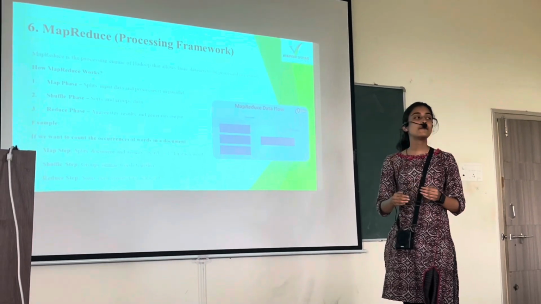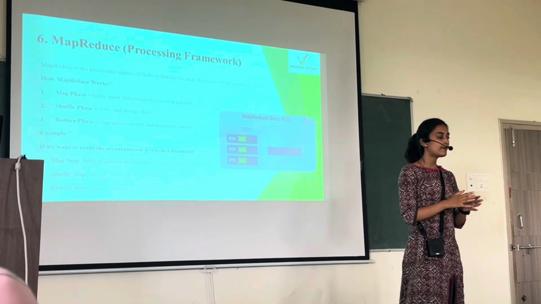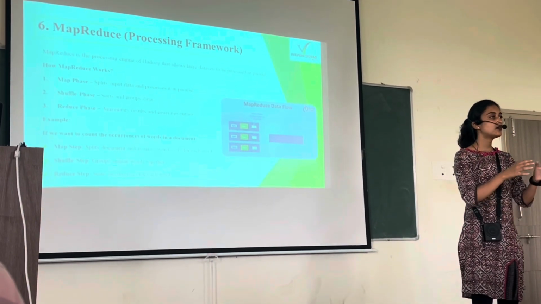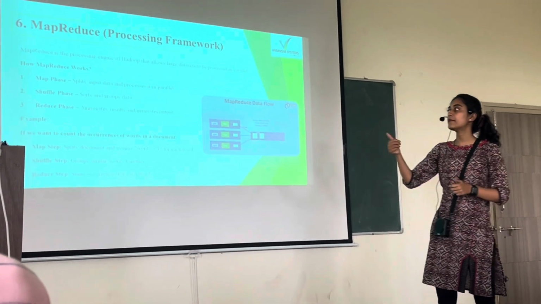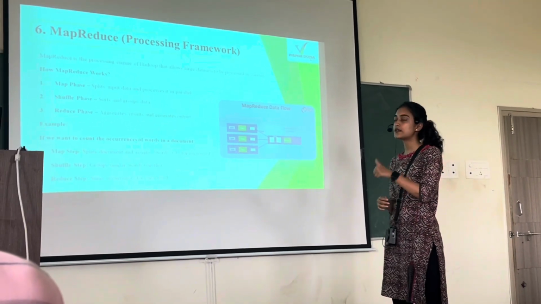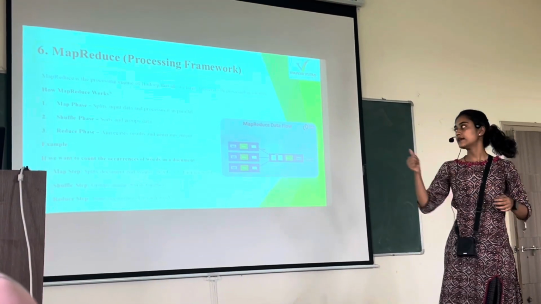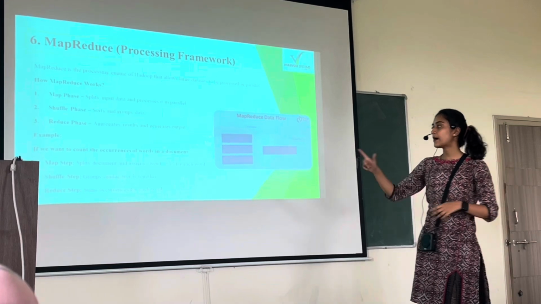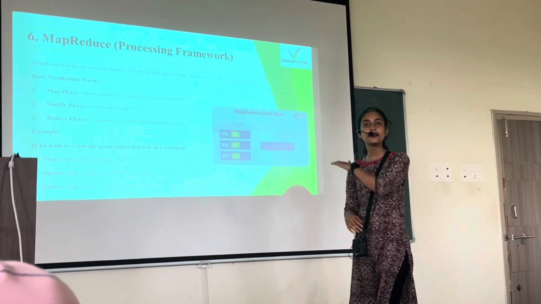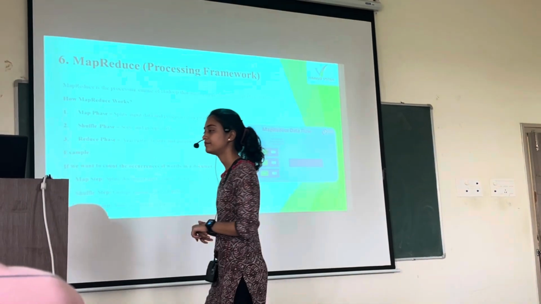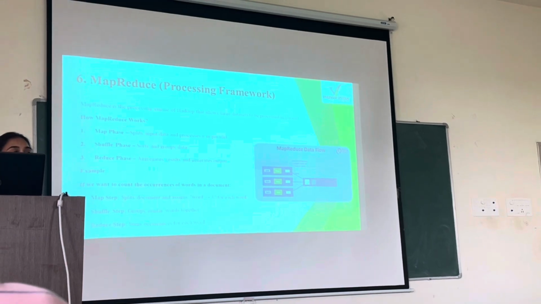The shuffle phase is where the data is sorted and grouped. Whatever data you get, you have to sort it, and decide what kind of task you have to give to whom. That is nothing but the shuffle phase. The reduce phase is to process that data and generate the result. That is the last phase, the reduce phase. One example is written over here. You can just read it out for your own understanding. That example is given. See, in a document you want to count